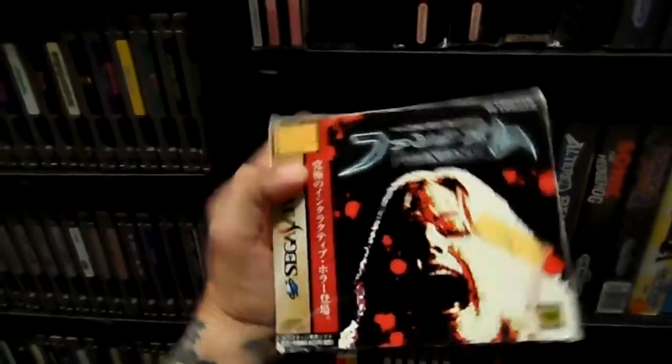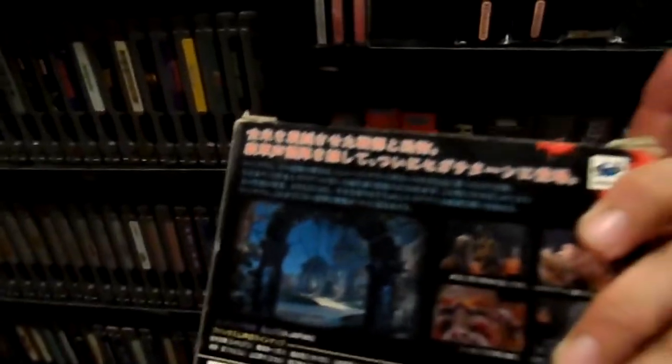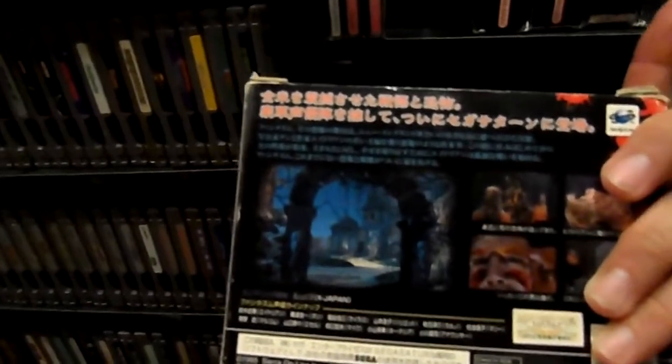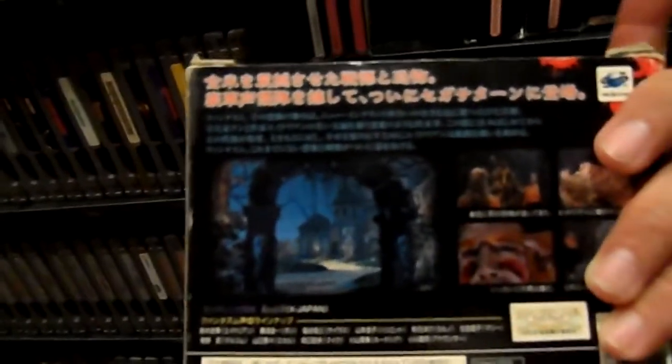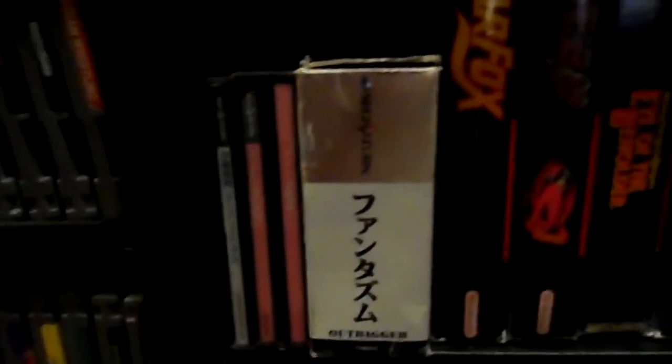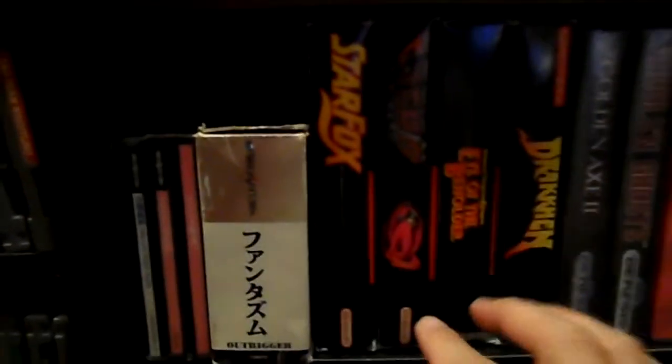Phantasmagoria on the Sega Saturn. Yeah, if you saw my last video, I want Limited Run to come out with this game. And I played it on the PC and I finished it. And yes, it is on the console. It is on Sega Saturn, but it's in Japanese, guys. Come on, Limited Run. We got some boxed